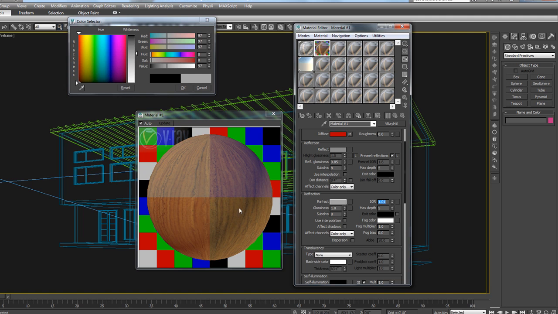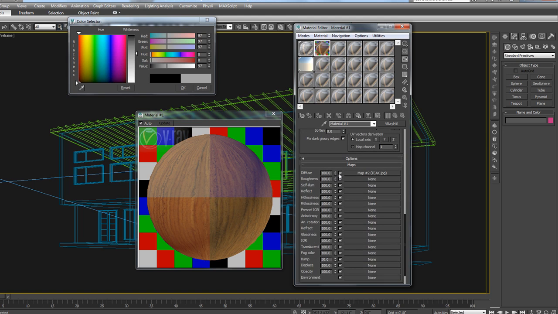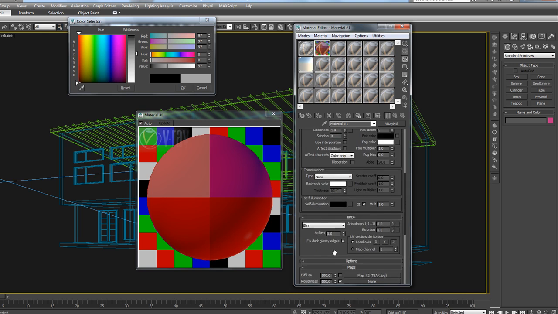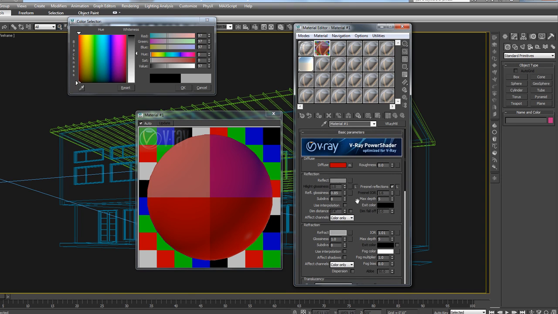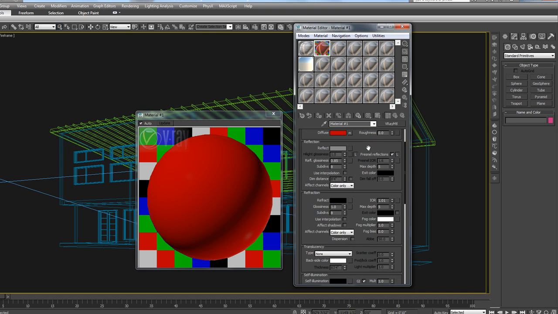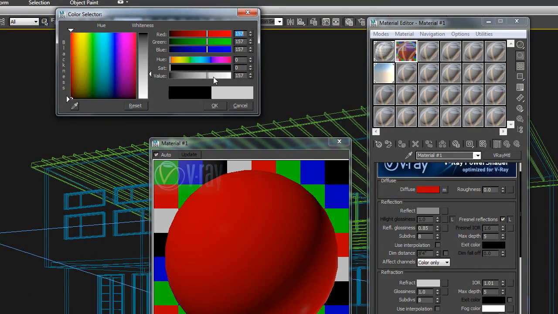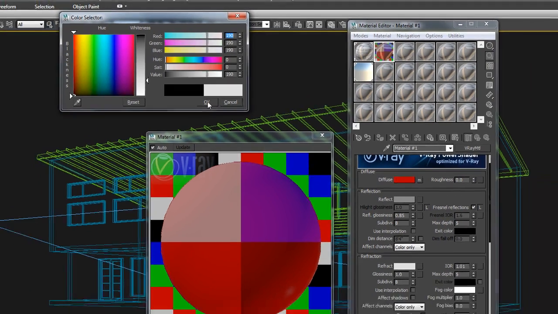looks about right. Now if this was a glass window, so let's just turn off this. Let's pretend like we are making some sort of glass material, and this is going to be red glass. So I turned off that teak map. So now we have a red glass material. Okay, reflect. So glass will have a little bit of reflection on it, just like that. Fresnel reflection is good for glass. That's accurate. Refraction, let's put it somewhere here. Well, let's make it really